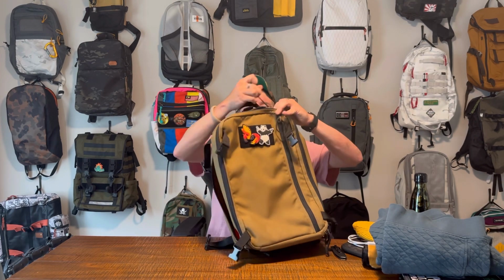The second thing I really like about this bag is actually the duplication of these mesh panels. You've got them in the front compartment, you've got them in the main compartment. They actually didn't have to do that, I don't think. I think they could have just done the organization in the front panel and made this back compartment all about just storage for clothes and stuff, or foldable assault rifles or whatever y'all have out there. But they did. They added additional storage in this compartment and in the front compartment, so that gives you 4 interior pockets in this bag, which is really, really useful, because if you are traveling and you do take this as a weekender bag, then you honestly can fill up the whole thing with clothes, and then you don't need